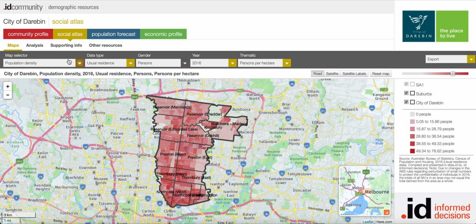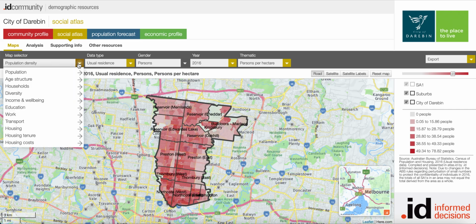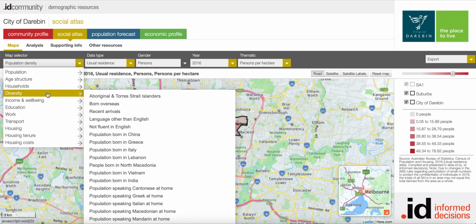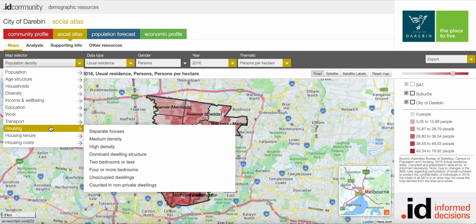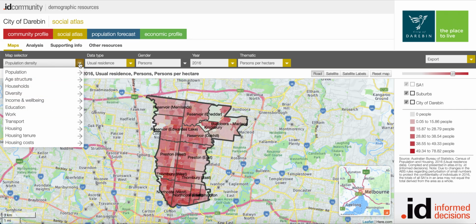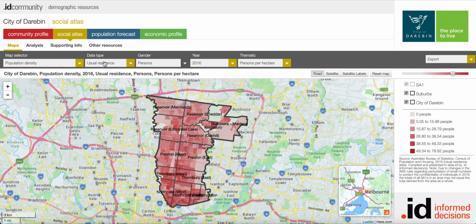On the left-hand side here, you can see the map selector, which gives you a number of drop-down tools where you can select to focus your data. If we click on this, you can see that we can choose the data based on population, age, households, education, work, and so on. All of this data is sourced from the Australian Bureau of Statistics in the census. You're then able to choose the data type, so either the usual residence or enumerated. You can also click on the gender, so persons male or female, and the year 2016, 2011, or the change